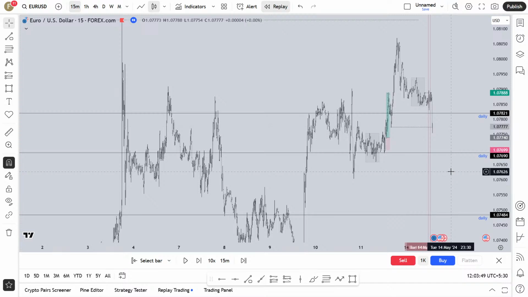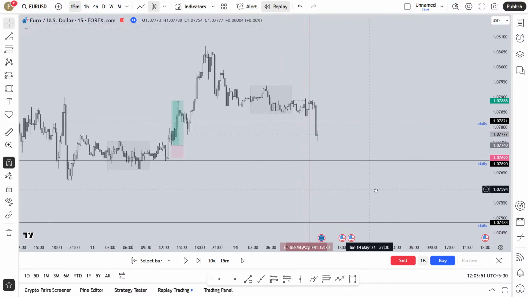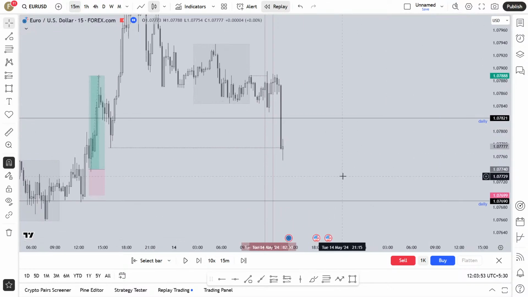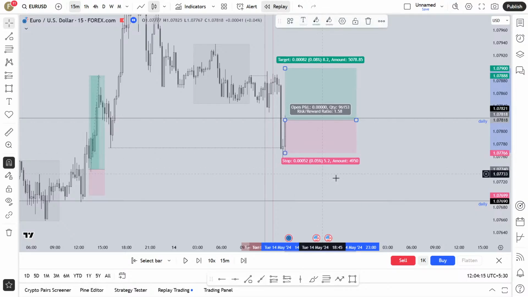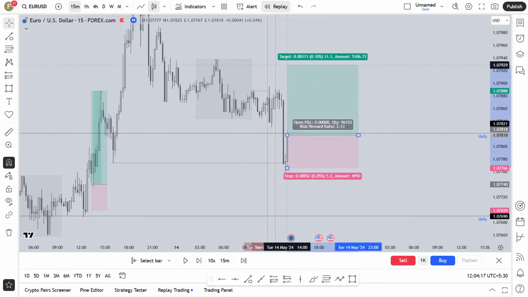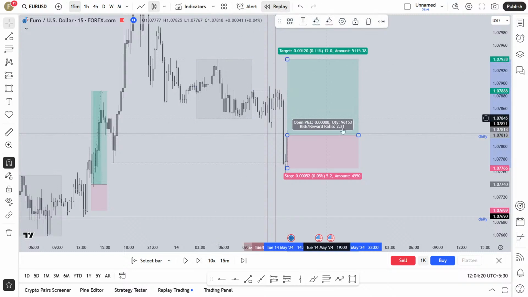It's a bit difficult to go for a long. Let's wait for another candle. I think you missed it or something. Let's buy it here, maybe here or at the closing of this candle, put 5 pips and target the Asia high, which is 1